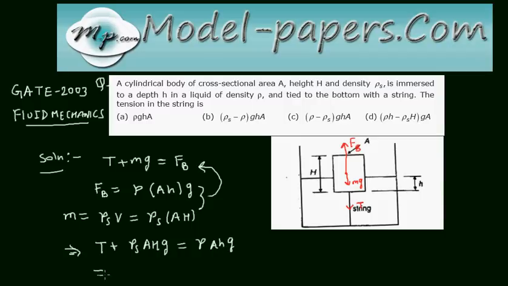Okay, what is the value of T here? T equals rho h minus rho s capital H, and A and g are common. So this is the tension in the string,